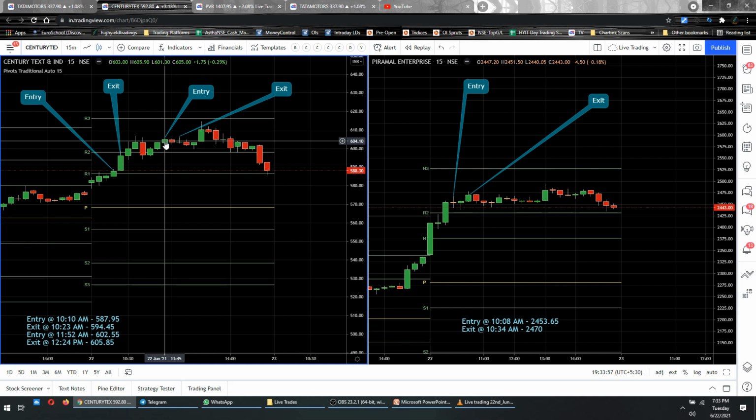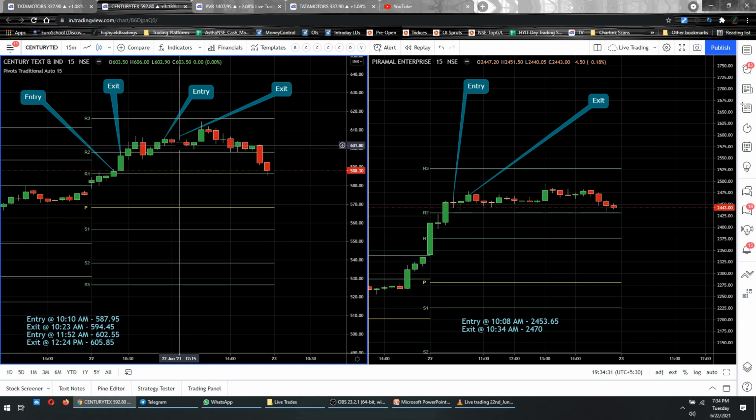When I traded it for the second time, I was trading it with 600 quantity, and a 3 rupees move would give me around 1800 rupees, which would be very close to covering up that particular loss that I made in PVR. That was the thought process that I had. So at 11:52 a.m. I made an entry at 602.55 rupees, and I exited at 605.85 rupees. Okay, so this was the candle where I made the entry, the 11:45 candle, and